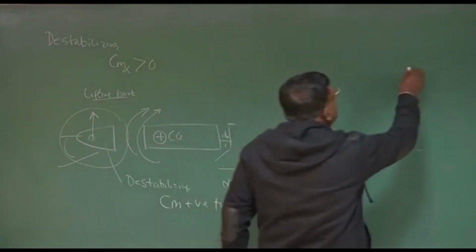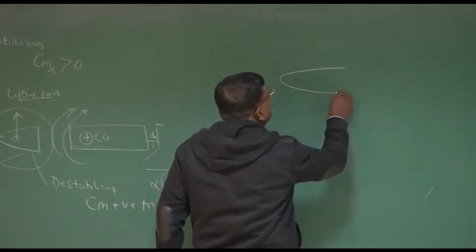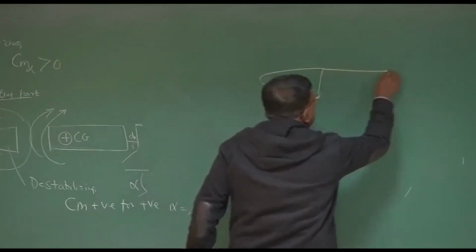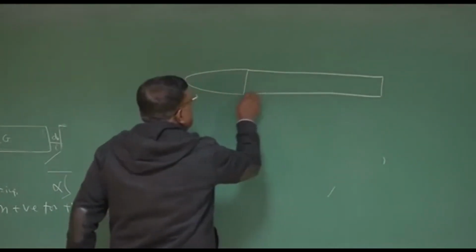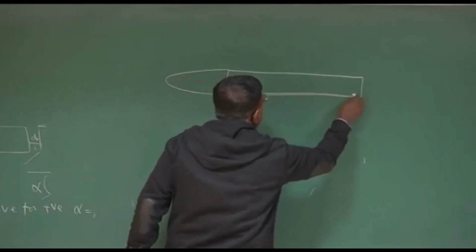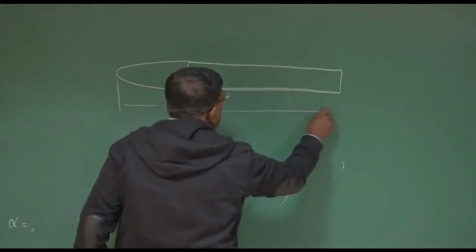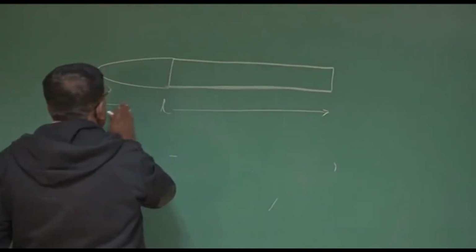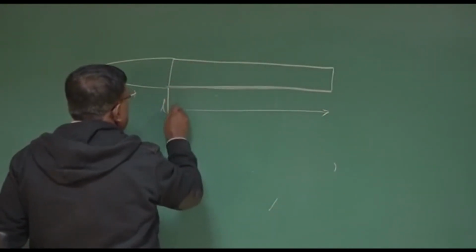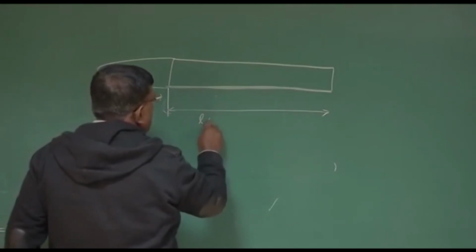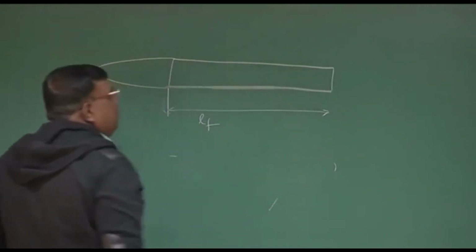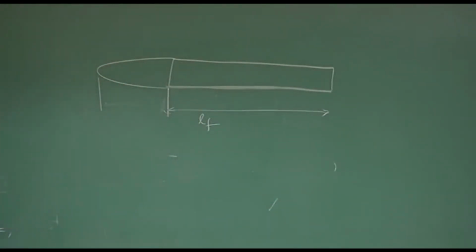First of all, if this is the nose of the fuselage, and this is, let's say, total fuselage length, then this is the length of the fuselage. I will consider it from here, length of the fuselage, LF. I am not taking any boat tail effect. I am assuming the cylinder straight. Then you will see that